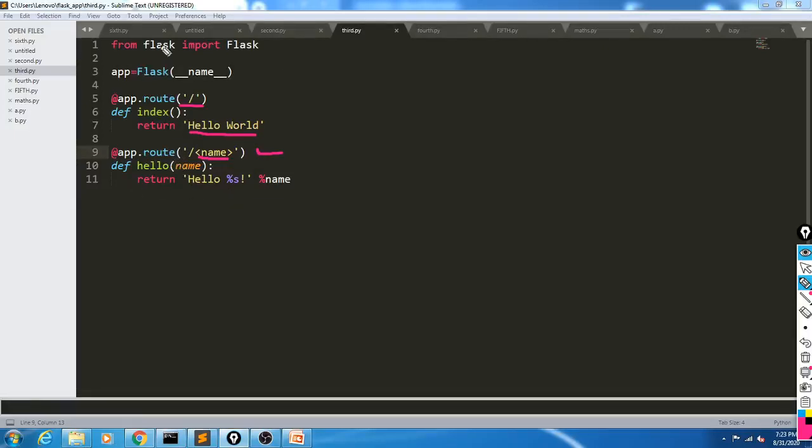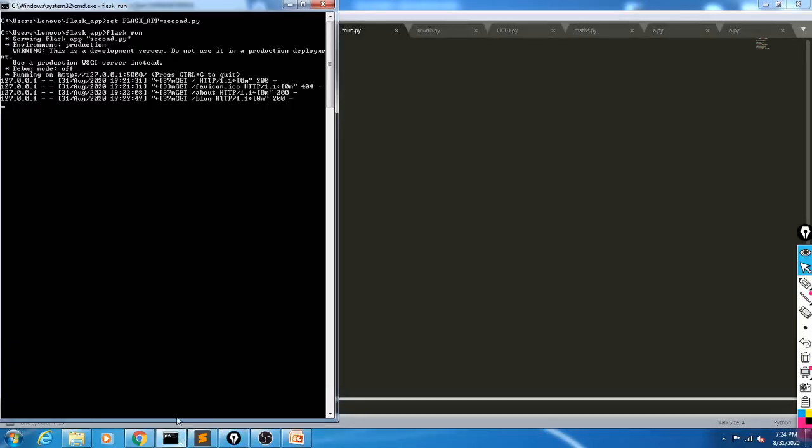So we will see how it executes. So 2 URLs are there. First one is slash, and next one is slash with parameter, and the name of the application is third.py. So we will execute this one. Okay, so Control C, then set the application.